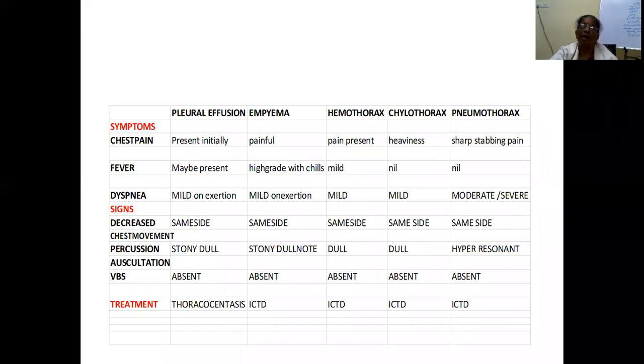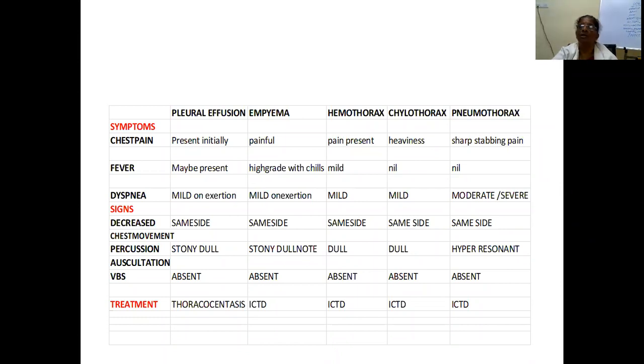Initially, there will be mild dyspnea, and later on, with accumulation of fluid, if the patient delays in attending the hospital, it may become more. Hemothorax or chylothorax, all these three conditions depend on the accumulated fluid. If the fluid is more, the dyspnea will be more. But in pneumothorax, it will be moderate to severe. Pneumothorax generally presents with sharp, stabbing chest pain